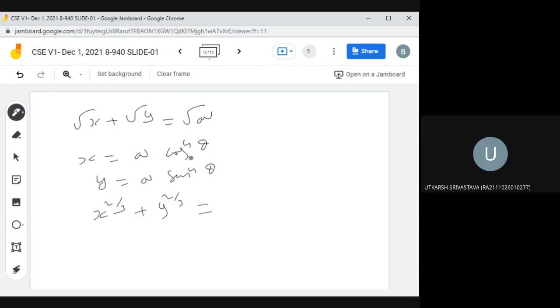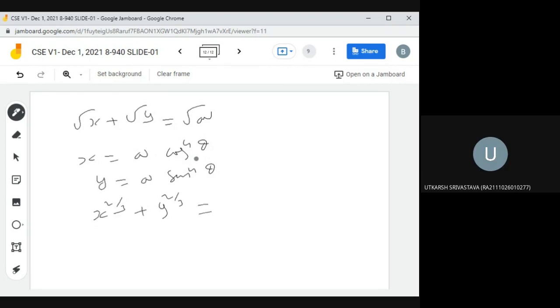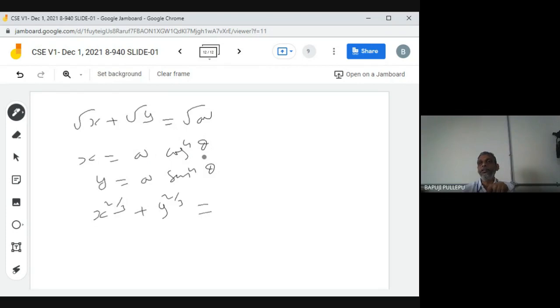Now if theta is equal to 60, if I give it, that is the value you are telling, a by 4. Correct? Yes, that is a particular case. But I am talking about the general case. If I give theta whatever may be the value, it should be satisfied on the curve. That is the parametric form. Clear? What you said is also correct, but you are telling one point. I am asking the parametric form. Parametric form is where, whatever value it takes, that point should lie on the curve.